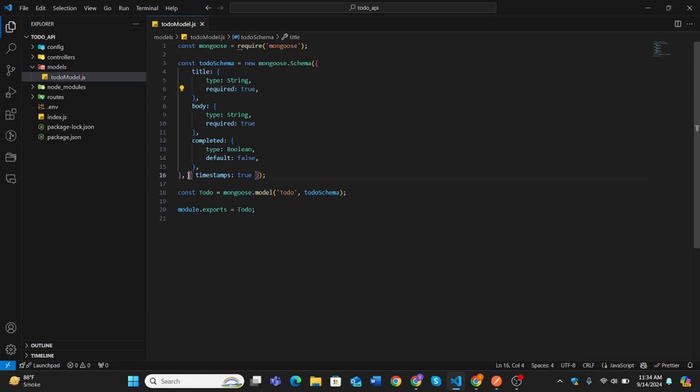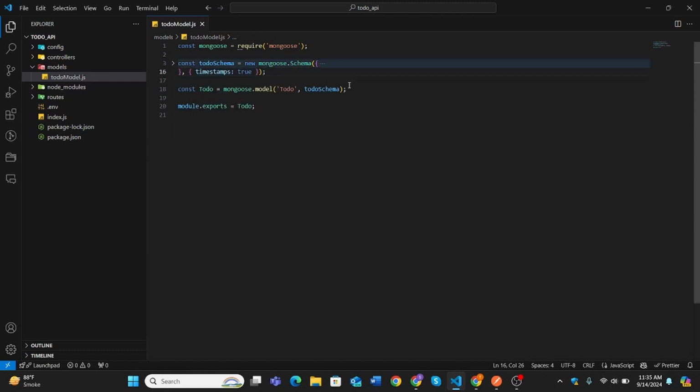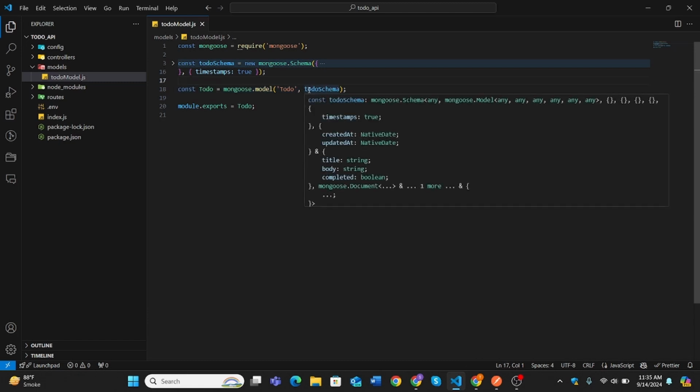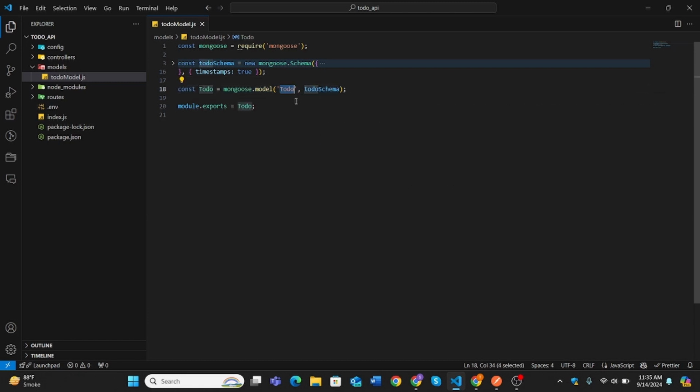And this is the option for our schema. If we set timestamps to true, then basically it will create two times, createdAt and updatedAt, automatically. When you create a todo, the created at and updated at times will be created automatically. So this is for the schema, and then we have used that schema to create our model. And I have passed a model name that is Todo, and its schema is this that I have